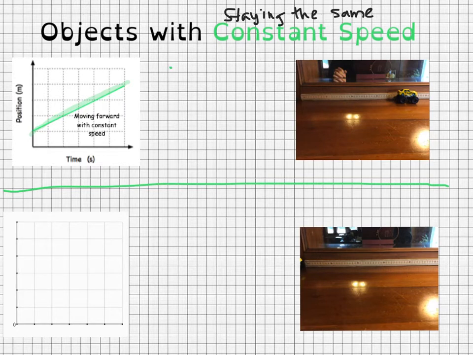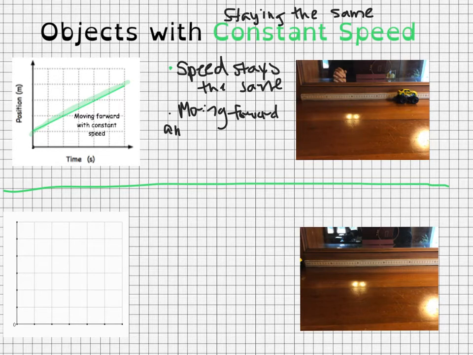So one thing this means is that the speed stays the same. That's kind of what we were saying about the word constant and what that means. Speed stays the same. Another thing that we need to note about this is that we are moving forward and away